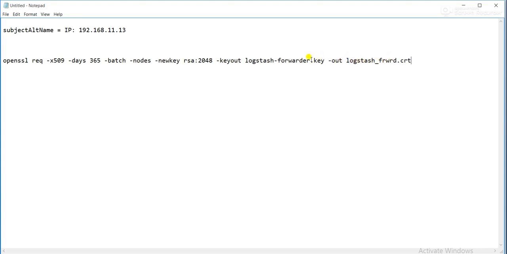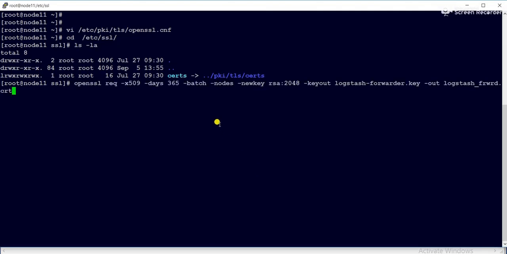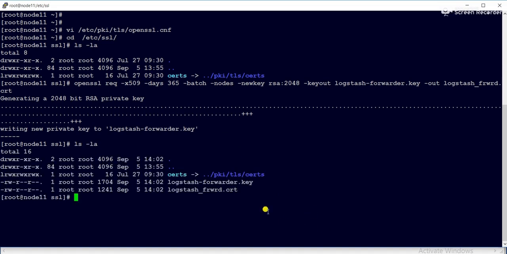There is one certificate file and another one is the key file. I will run this command. Now the certificate got generated. You can see two files got generated, logstash-forwarder.key and logstash-forwarder.crt, as we defined.